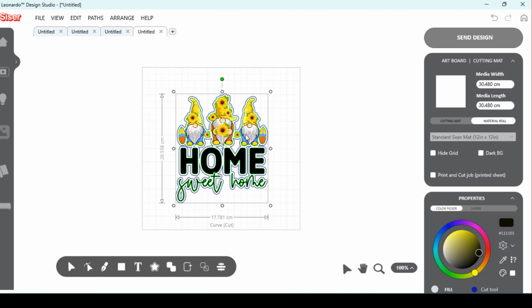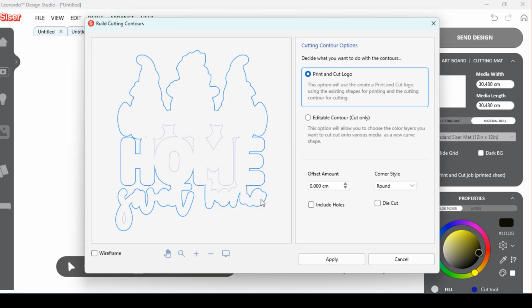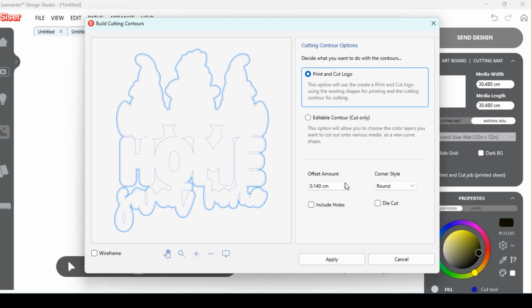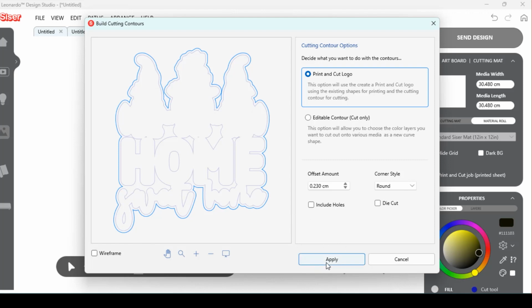And then with my cut contour selected, if I then go down here to build contours, I keep it on print and cut logo, because remember at this particular moment in time I am still wanting just that outline for my sticker, and I want it to be a kiss cut, so I don't want to change that at all. So if I come down here and I simply move it out until it is all around and I've got no holes in there at all, and then hit apply